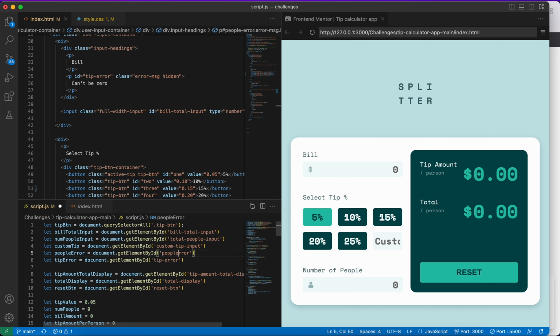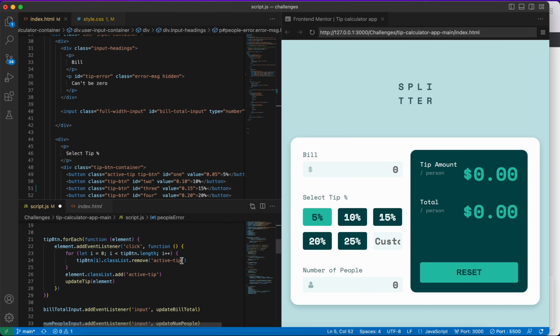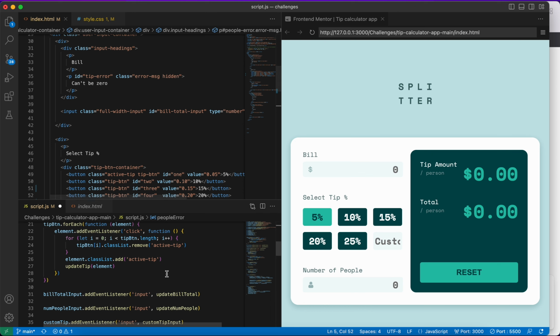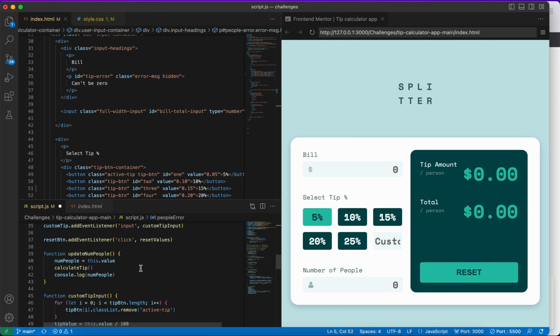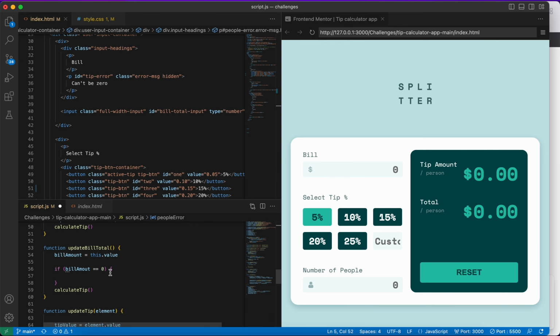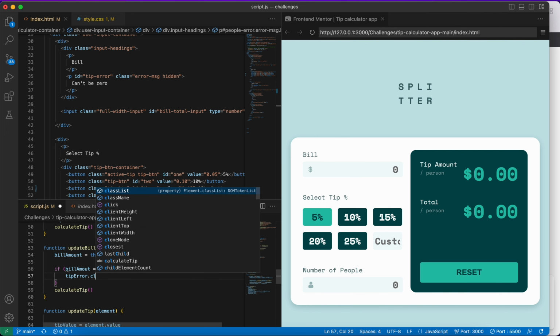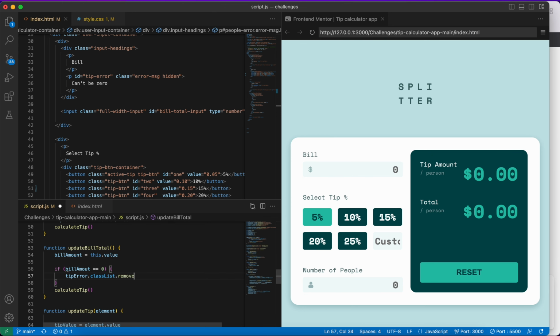People and tip error. They want to remove that hidden class. So for people, actually we do bill amount. Was it bill error, tip error? Yeah, I think it was this one. Remove